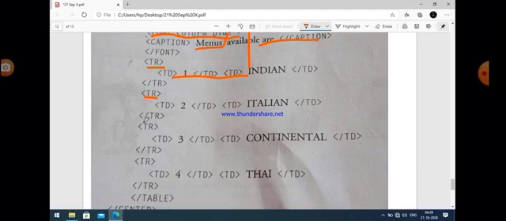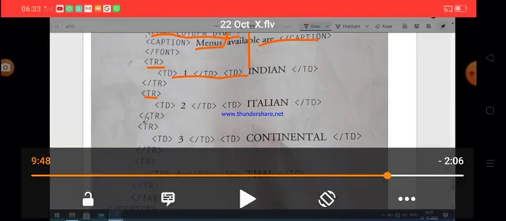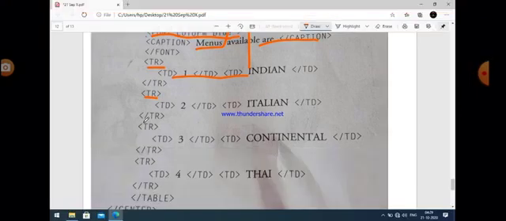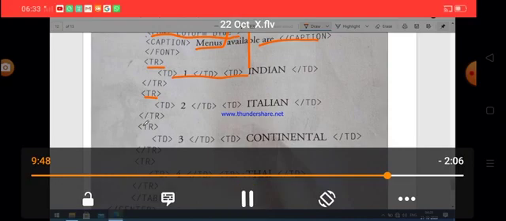So 1 Indian are defined inside the tr tag. First data is 1, so we just write 1 within the td tag, and second data is Indian, so second data is also written within the td tag.